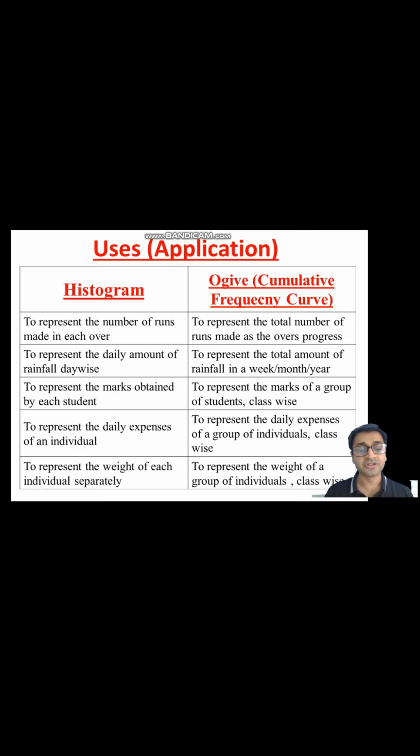Let's understand the differentiation in terms of application. Histograms are basically for an individual person and their individual score in one match, whereas cumulative is the total of all the runs made in an entire match, right? Likewise, individual day wise rainfall or the total rainfall, so day wise is histogram and total is cumulative. Likewise, marks obtained by one child and by the whole class, or expenses of one individual or a bunch of individuals, or maybe weight of one person and weight of a bunch of individuals being shown together.